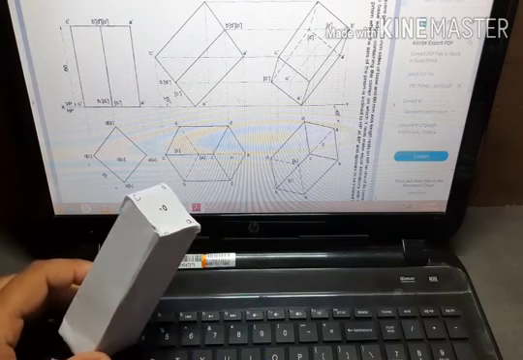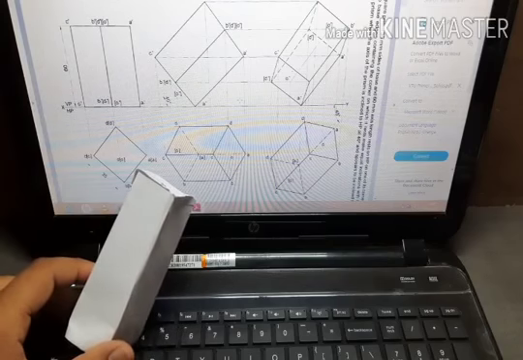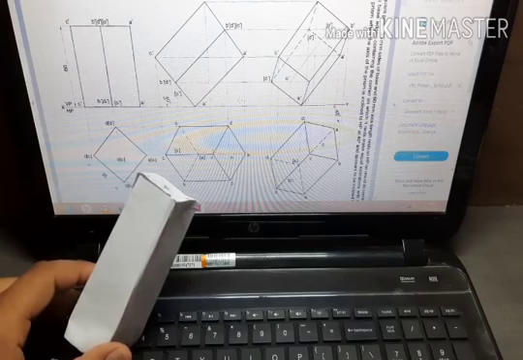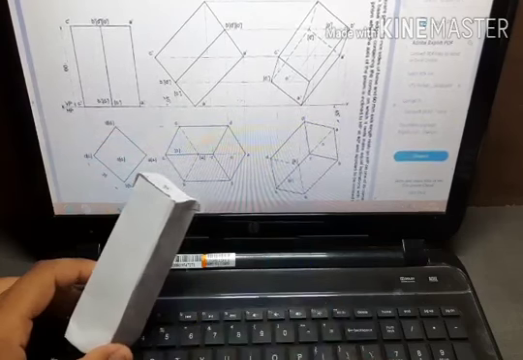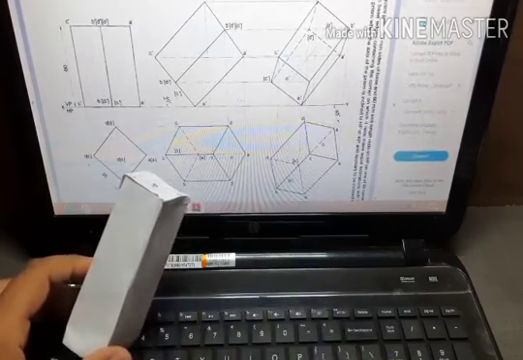Again, it is said it appears to be inclined to VP at 45 degrees. You have to tilt it. You have to take the direct angle. Since appears is there, it is a direct angle. So you have to give the inclination to VP. This is the third step. I will explain the sketching part now. When you look from the top view, your square prism is kept in this manner. It is not kept like this. It is kept here. This is one corner, C is another corner, so it is kept in this manner, since it has to rest on the corner when you tilt it.